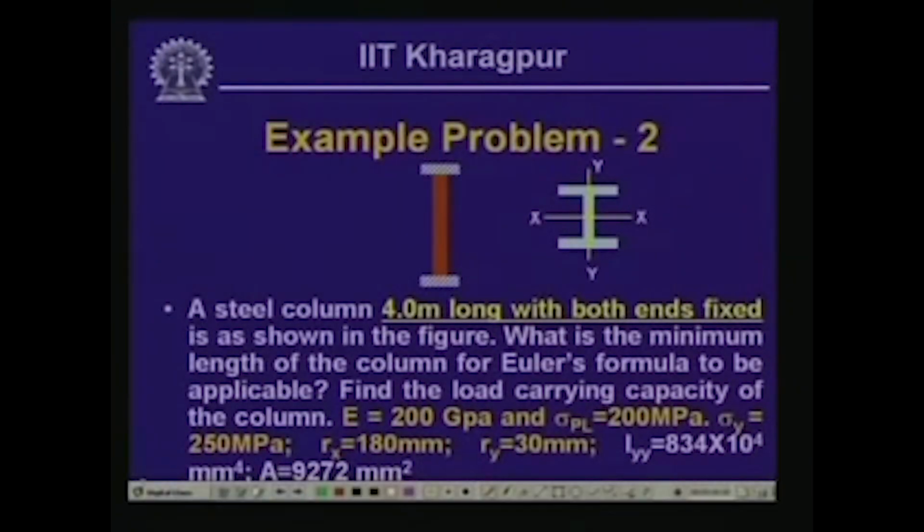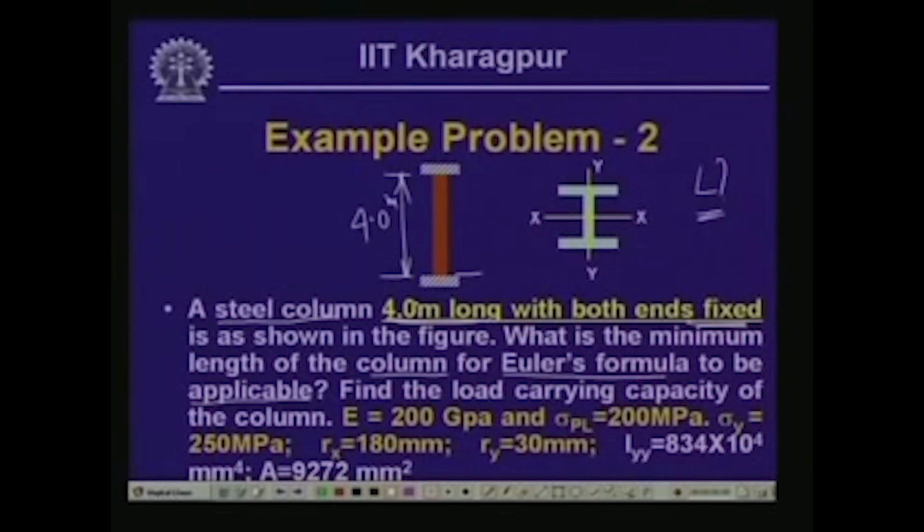Well, let us look into another example, and this particular example is a steel column of length 4 meter, and both the ends of this column are fixed. Now, what is the minimum length of the column for Euler's formula to be applicable? First of all, though it is given that the length of the column member is 4 meter,